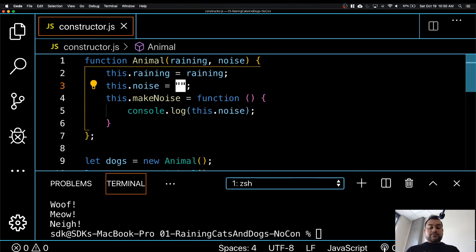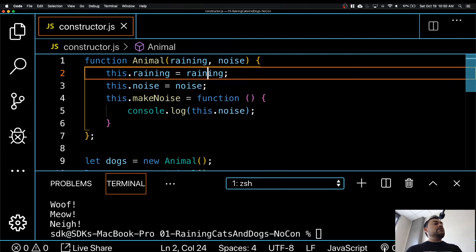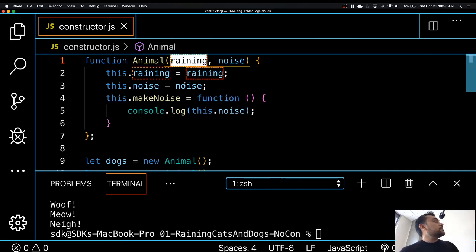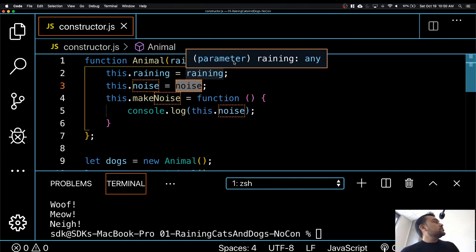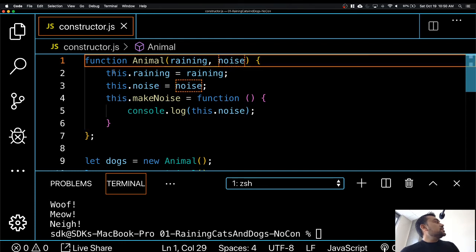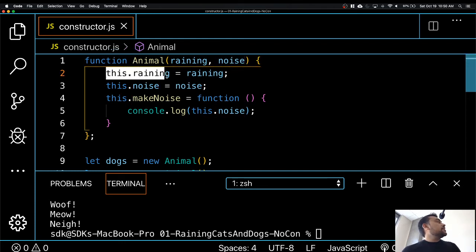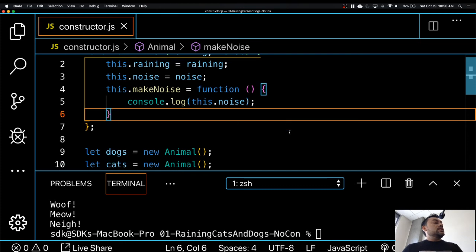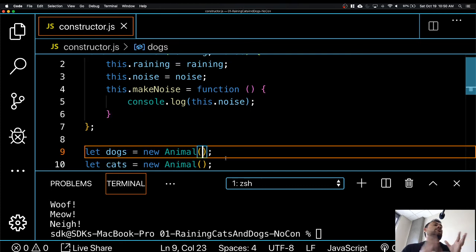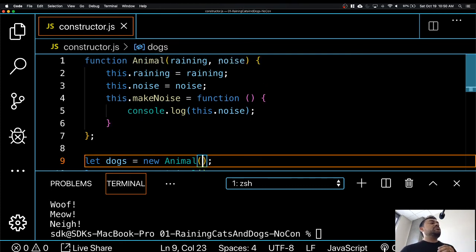So these are corresponding to these, and this is the property that you're creating. Now, is this valid anymore? It's not. Why? Because my constructor is expecting two parameters now, so I need to pass in two arguments